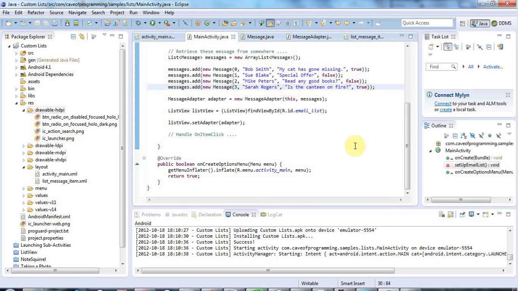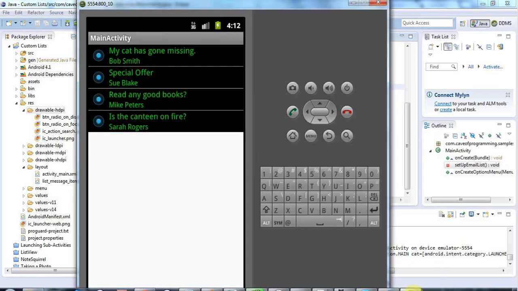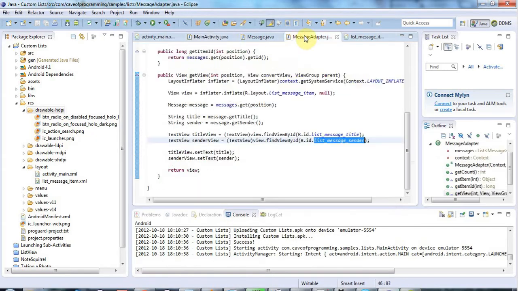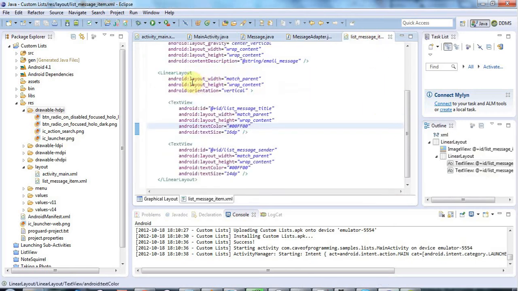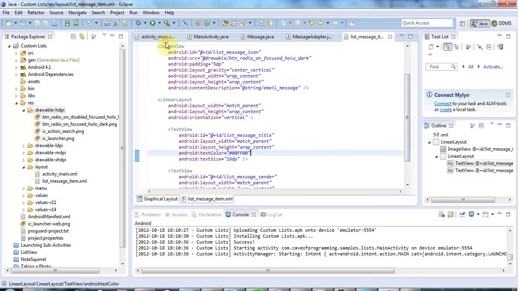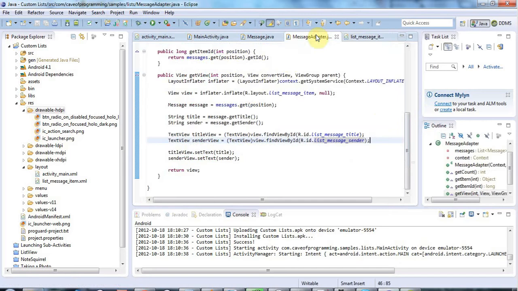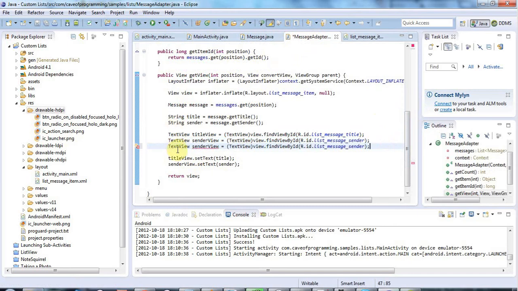Now the challenge is to give these a different icon depending on whether they've been read or not. So in my message adapter here, I need to get the image icon. I need to get this from the view so that I can change its icon. To do that, it's pretty much similar to getting a text view here. Let's just copy that, and I'll say image view, and I need to cast the return value here to